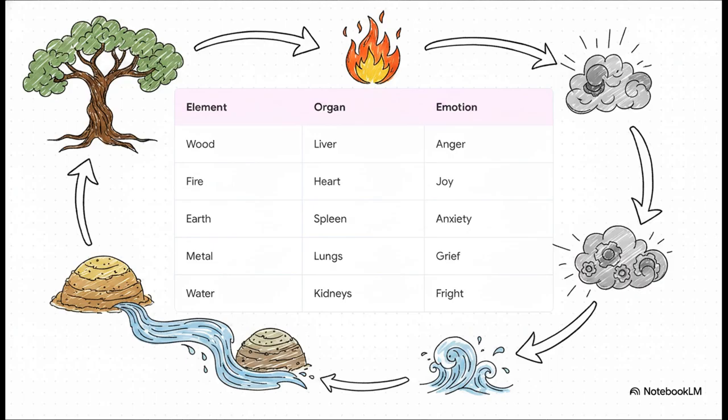All right, let's move on to the 5-element theory and see how this builds a complete map of your internal metabolic machinery. Think of the 5 elements, wood, fire, earth, metal, and water, as an intricate system of biological gears. Ancient medicine mapped these elements directly to the Zhangfu internal organs. So wood connects to the liver, fire to the heart, earth to the spleen, metal to the lungs, and water to the kidneys. And here's the genius part. Each element acts as a mother that generates energy for the next one, or as a suppressor that keeps another element in check so it doesn't overwork. It is just a brilliant, holistic model of metabolic energy homeostasis.